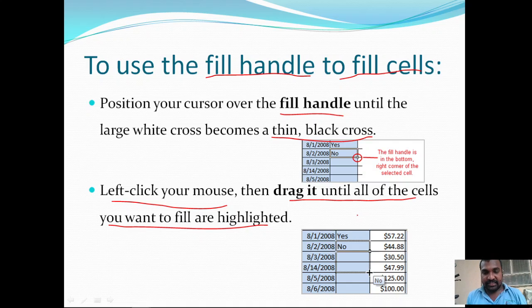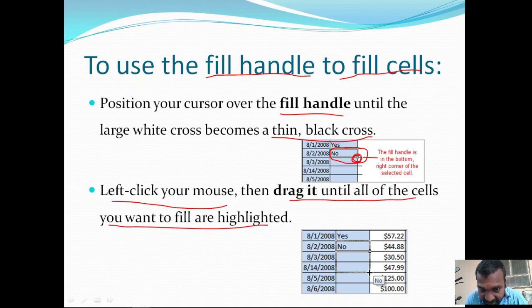So you can observe here in the first image there is no information.